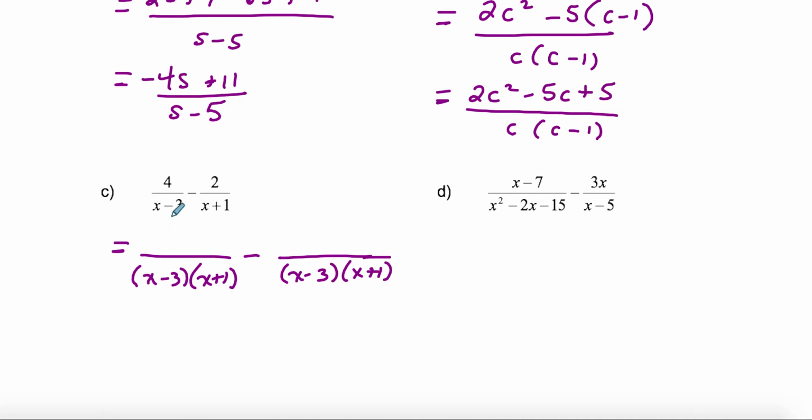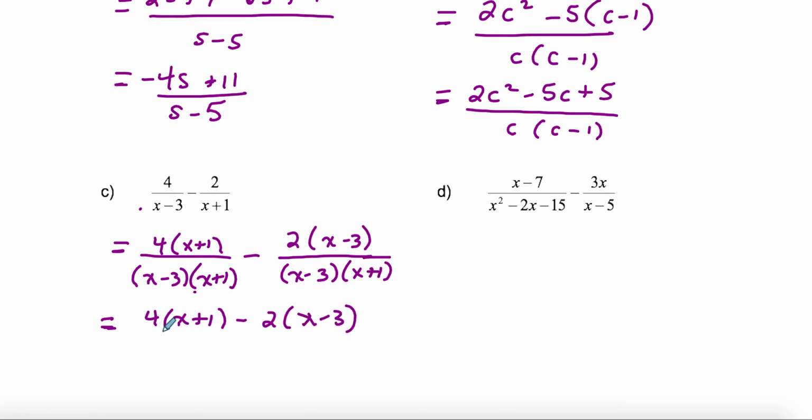So in the numerator, you think, okay, what did I have to do to this denominator to get this down below? I had to multiply by x plus 1. And over here, what did I have to do to this denominator to get this? I had to multiply by x minus 3. So now I have a common denominator and I'm able to collect my like terms. Maybe I would just write it like this first, just for continuity here. And I'd have one denominator